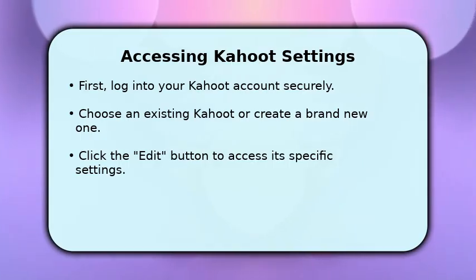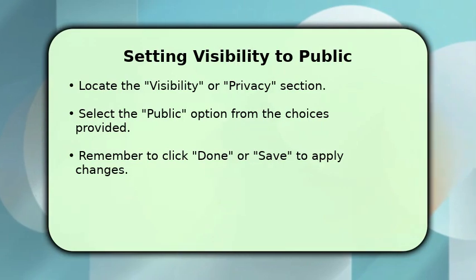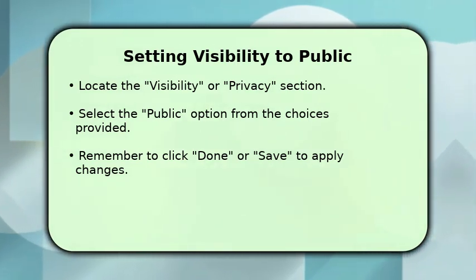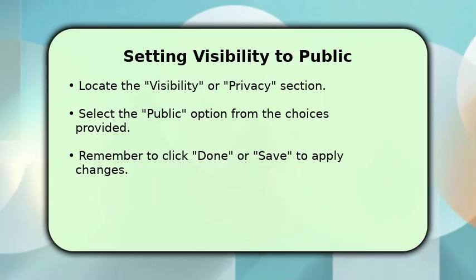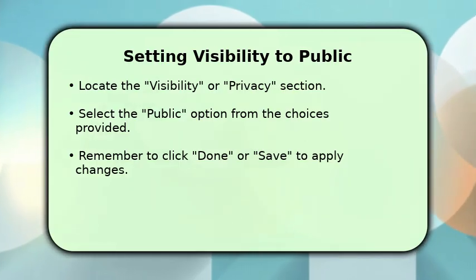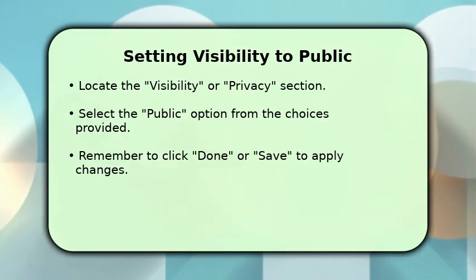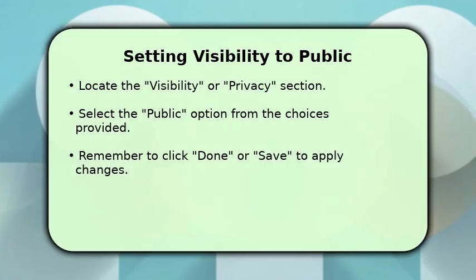and customization options. Within the Kahoot's Edit screen, look for the visibility or privacy settings, usually found on the left-hand side or at the top. Here, you will see options like private or public. To make your Kahoot accessible to everyone, simply select the public option. It is crucial to then click the Done or Save button to ensure your changes are applied and your Kahoot